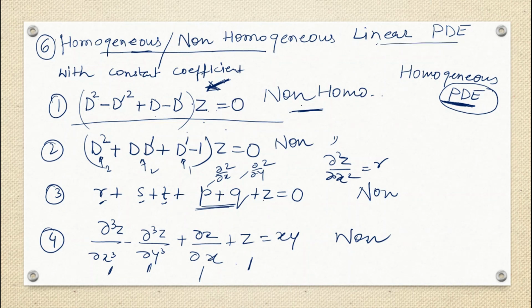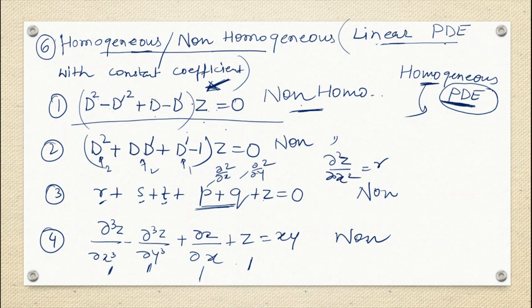So here we are focusing on homogeneous or non-homogeneous linear PDE with constant coefficient. That means it should first satisfy all these criteria, and then we check homogeneous or non-homogeneous. To check this, we just have to focus on the order of each and every term's derivative. This is not just PDE that we are talking about here. If I'm just talking about homogeneous or non-homogeneous PDE, I don't have to worry about whether it is linear or has constant coefficients. It should just be a PDE.